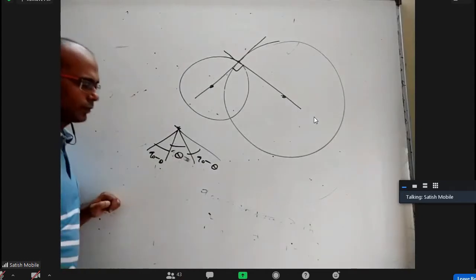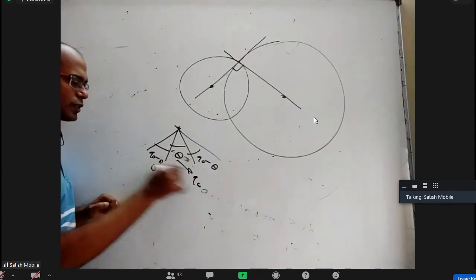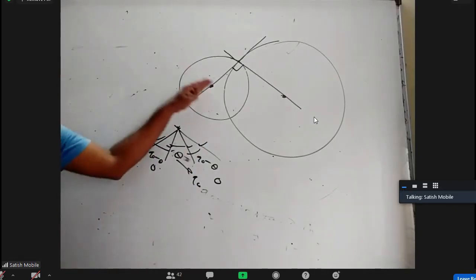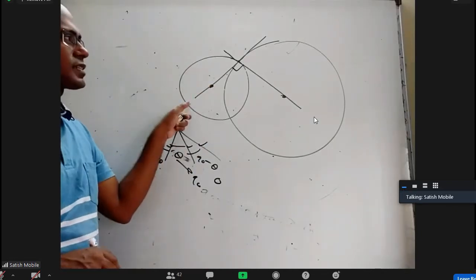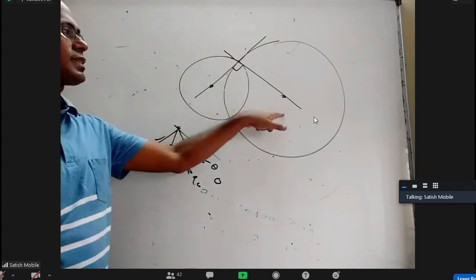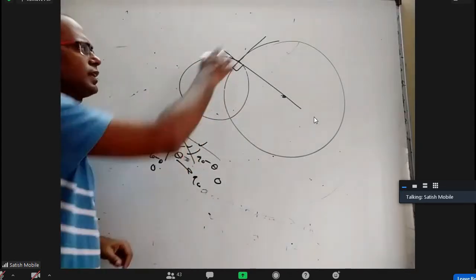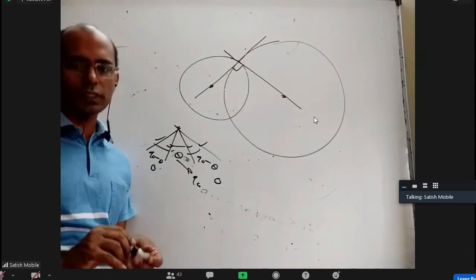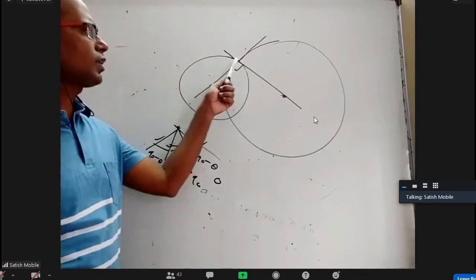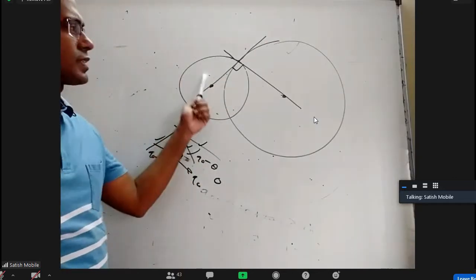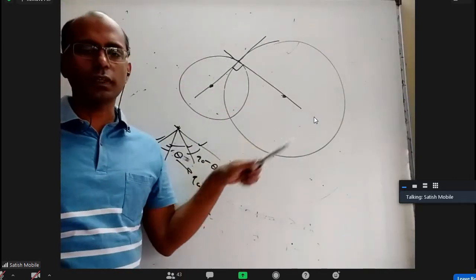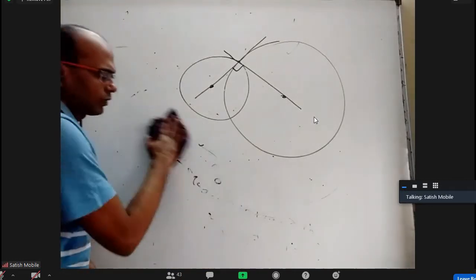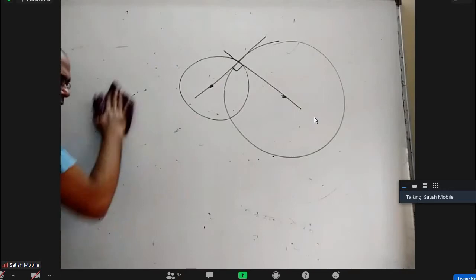I erased that figure. But when theta becomes 90, this should be 0, this should be 0, meaning these two lines should be the same. So this line is simultaneously the radius of the first circle and tangent to the second circle. And this line is the radius of the second circle and tangent to the first circle, and radius and tangent are always perpendicular. You have to know that when two circles are intersecting orthogonally, at the point of intersection, when you draw a tangent to one circle, it will pass through the center of the other circle, or it will be the normal of the other circle. For a circle, the normal will always pass through the center.